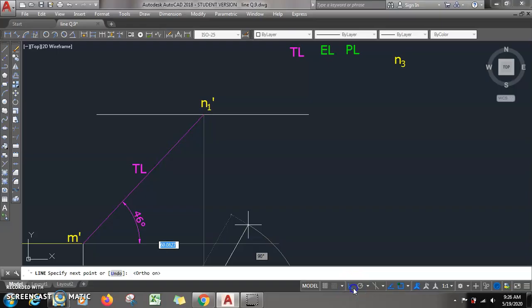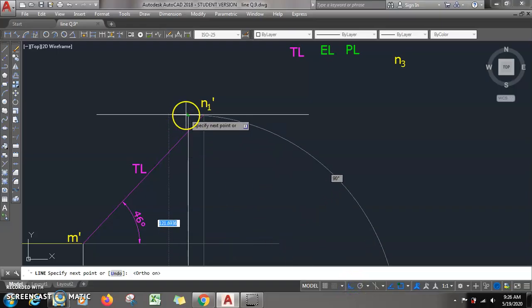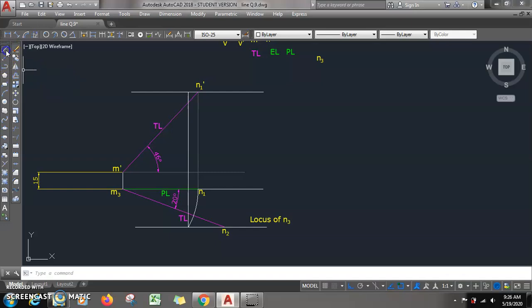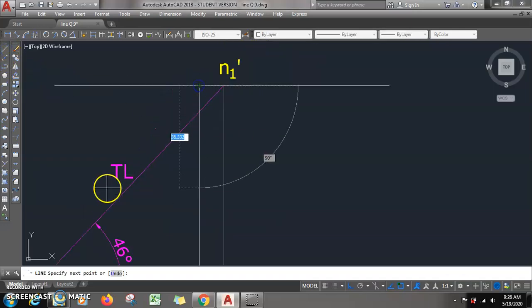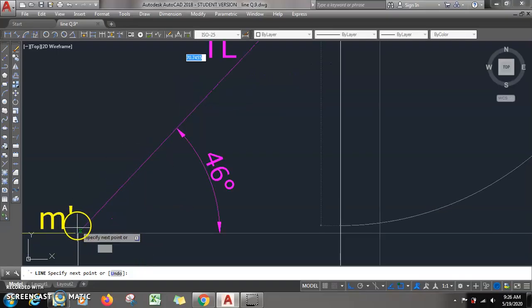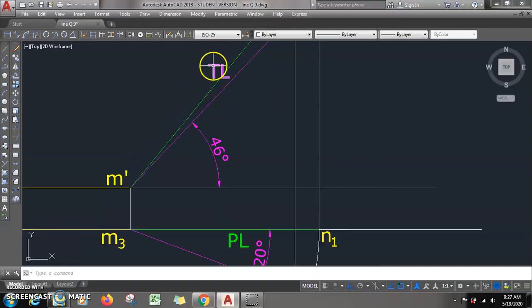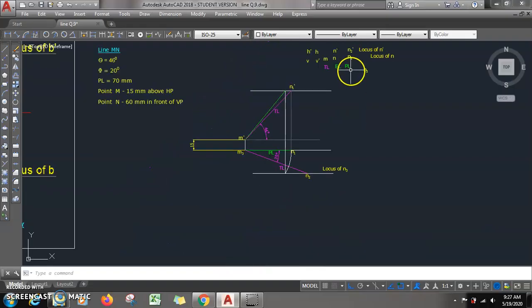we draw vertical, ortho mode should be on. You see here you will be getting point N dash. So join this point with M dash. What is it? This length. Okay, this two length is here. You see this length is what? This length is